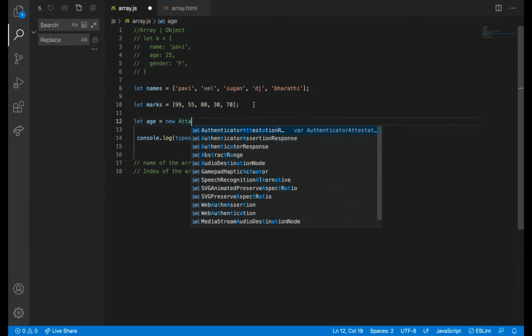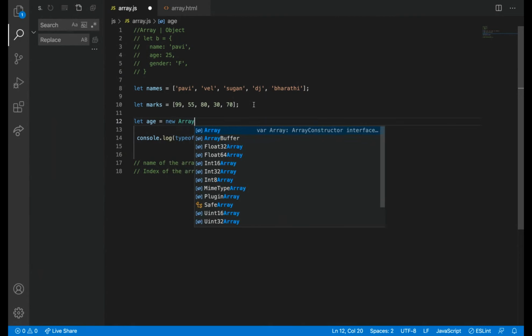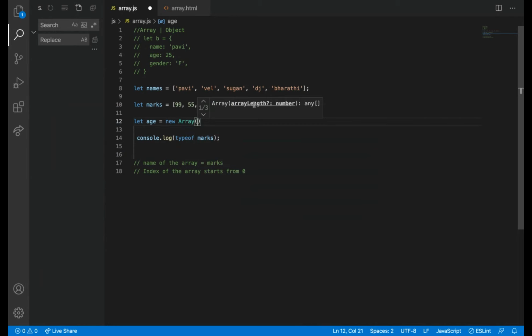I'm going to create an age array and add the ages of the above people. Okay, I have added the ages of the above people here.